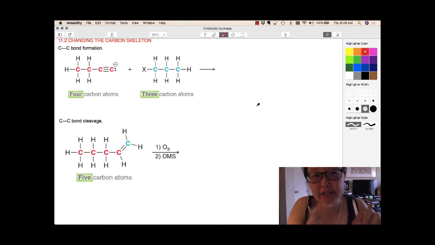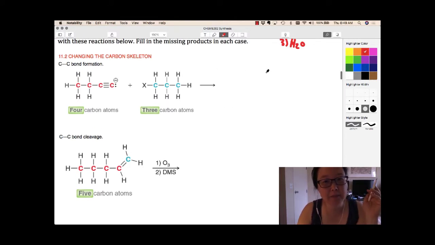There are 2 different reactions that we use to change the chain. We can either lengthen the chain or we can cut the chain short. And it's pretty obvious because if you see that you have to turn this into this, you can just count the carbons and see if you're lengthening or shortening the chain. Okay, so in these problems, actually, I'm not showing you what you're making, so let's see if we can figure